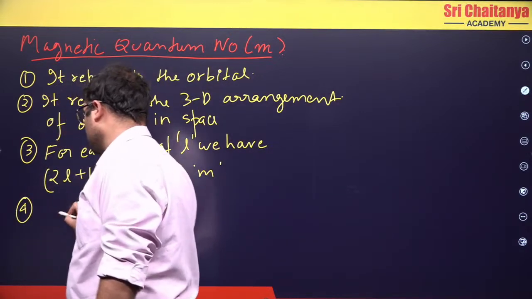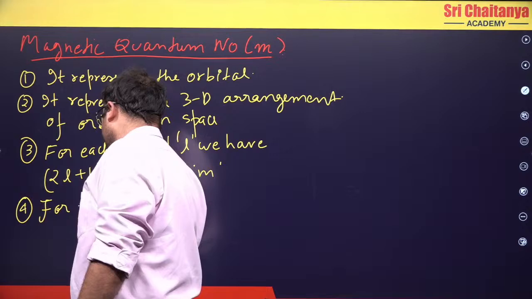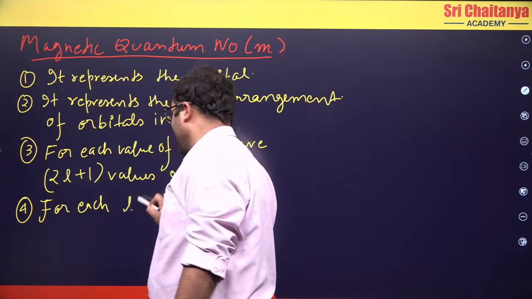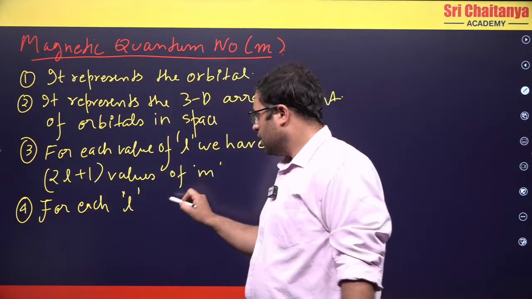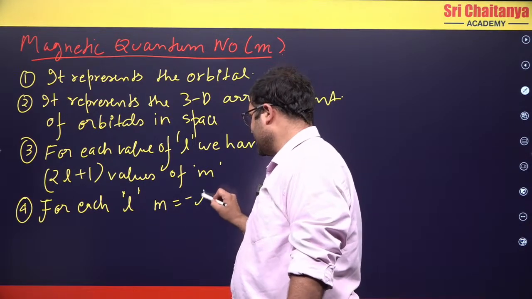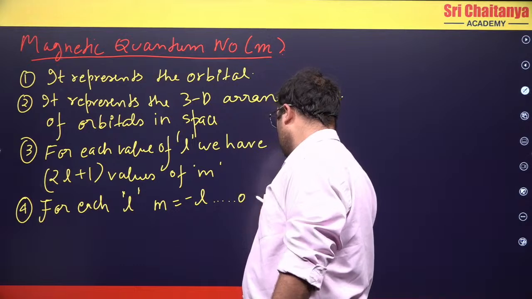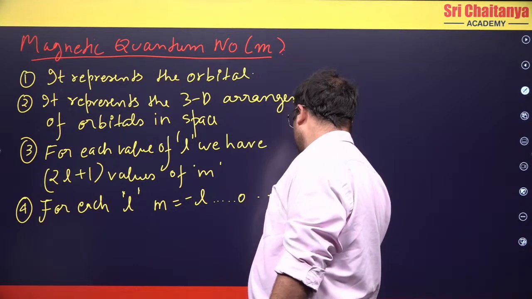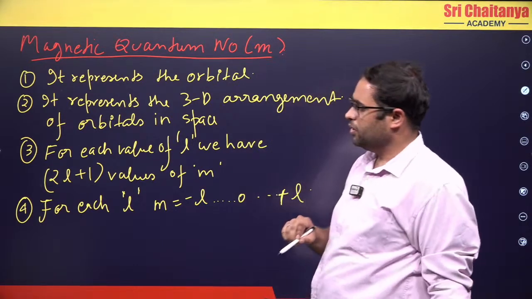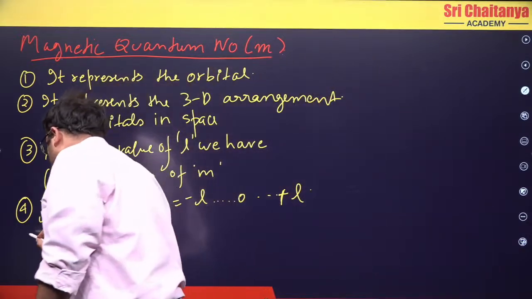And fourth, for each L, M is equal to minus L, minus L, 0 to plus L, right? And in each subshell,